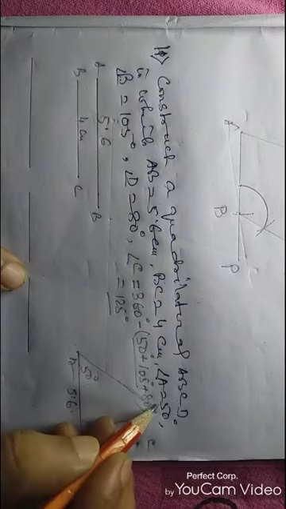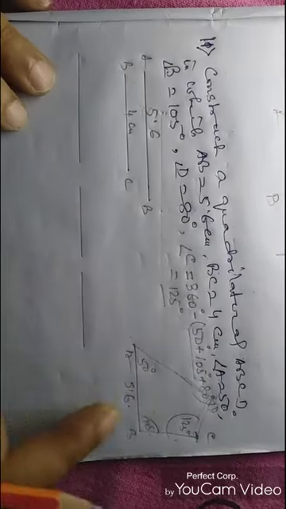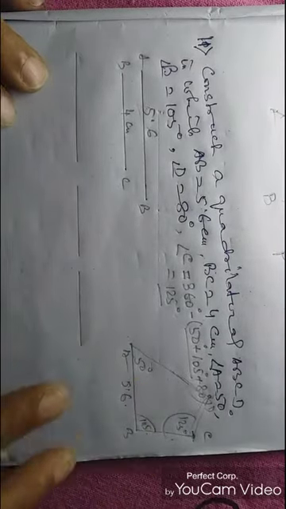With the help of your protractor, just measure this 125 and draw this angle over here. These two sides AD and CD intersect at point D, and this is actually your required quadrilateral ABCD, which is drawn over here. This is a rough sketch. Now you have to draw the actual construction of ABCD.